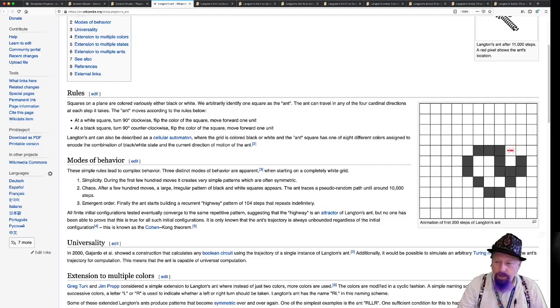And you can see it doing that in the right-hand side, and it seems to be fairly chaotic what it's doing. It's interesting because it goes through several stages. If you start on a completely white grid, it's very simple, sometimes fairly symmetric, the moves at the beginning. Then it gets very chaotic,